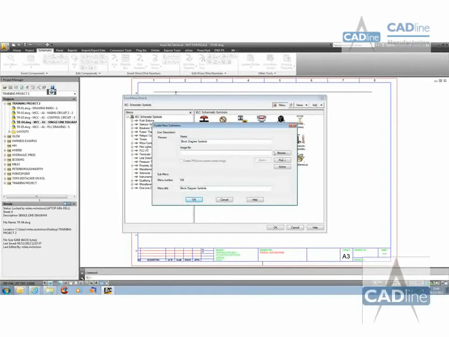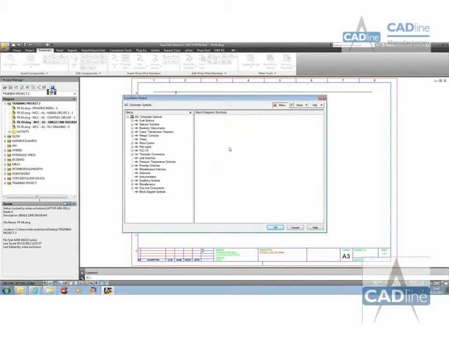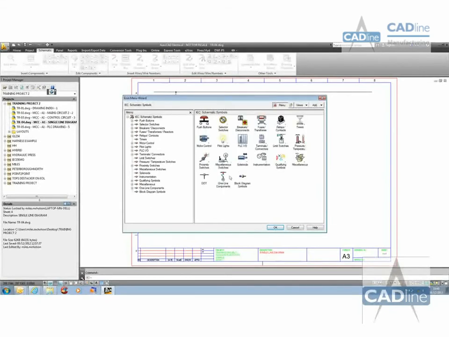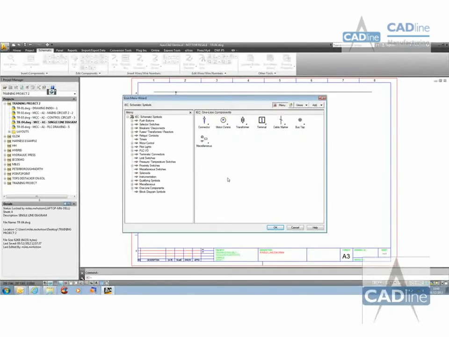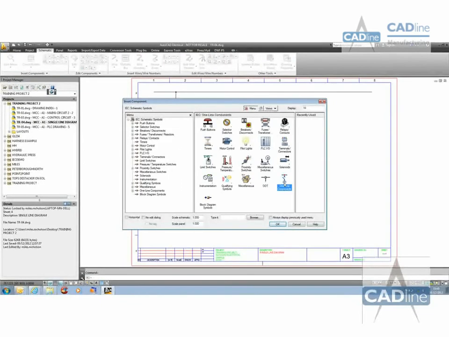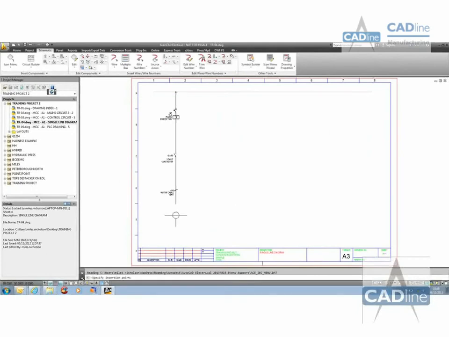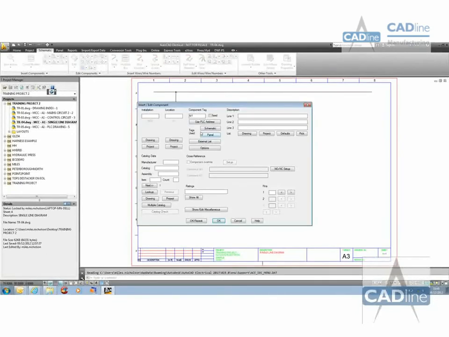Of course we can add the icon menu later, but we'll just accept. Within here we could have the same subsections as can be seen within the single components. In this example, what we're going to do is just associate a single line component with a detailed design, such as a motor. And when we place this down, how we pick up the tags is we select schematic,